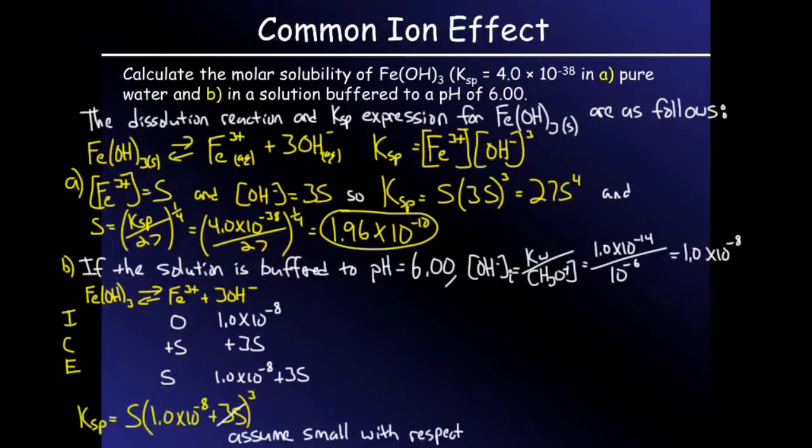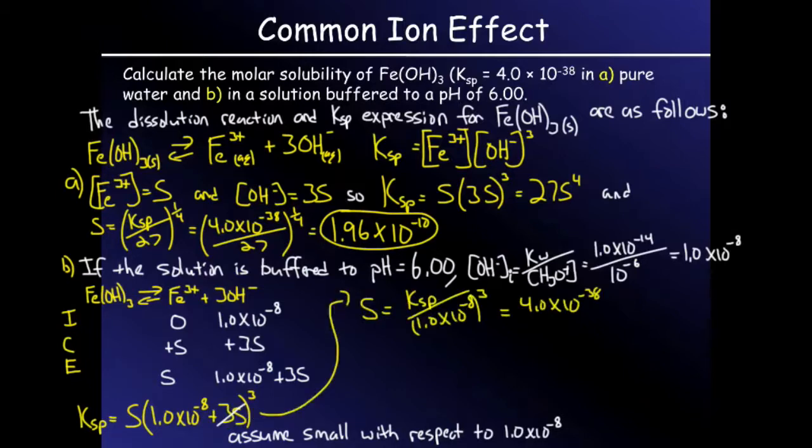Then what we will do is take our concentrations and plug them into the KSP expression, and the assumption that we will make is the change in concentration of the common ion with respect to its initial concentration will be insignificant, so we can eliminate the 3s from this expression, and we'll get KSP is equal to S multiplied by 1.0 times 10 to the negative 8 cubed, allowing us to solve for S in a rather simple fashion, giving us S as 4.0 times 10 to the